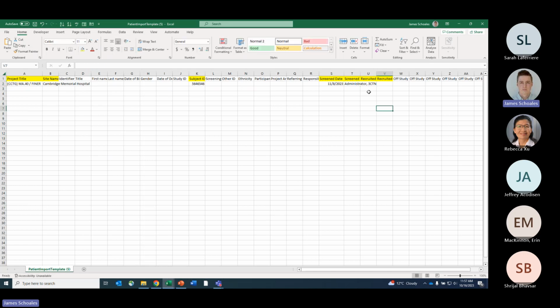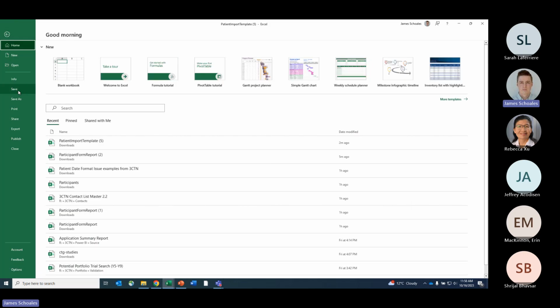You can choose a default staff member or just add yourself. And since our date recruited is being used for date screened as well, we can just copy and paste that there as well. And then I would file save as,